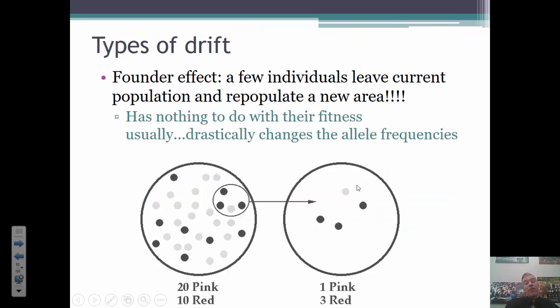One is the founder effect, and that's when a few individuals leave a current population and repopulate a completely different area. The Amish would be an example of that. A lot of the groups that left England and came to America would be examples of that specifically. But the interesting thing about the Amish population is that they specifically do not really breed with outside of their